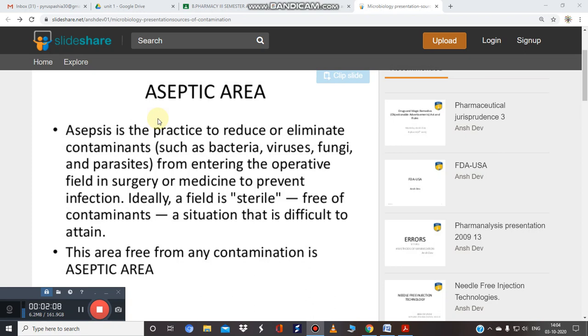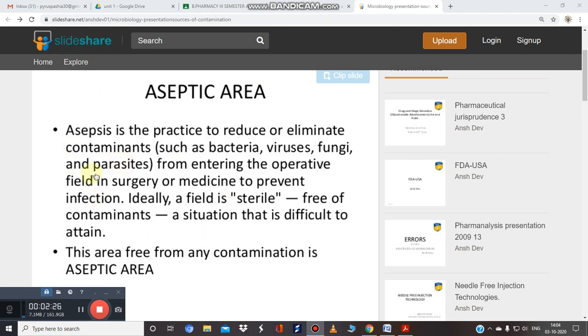So asepsis is the practice to reduce or eliminate contaminants such as bacteria, viruses, fungi as well as parasites from entering the operative field in surgery or medicine to prevent infection.